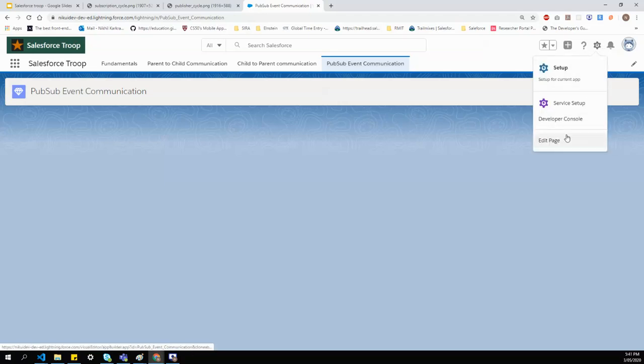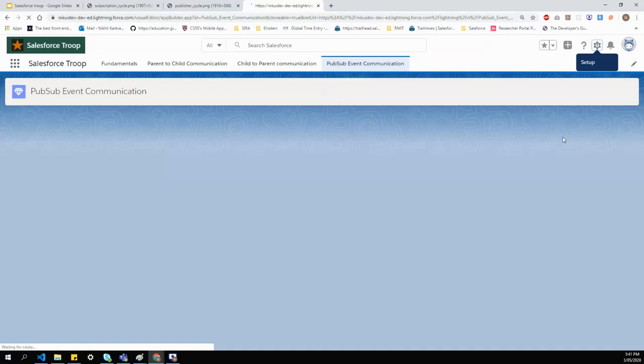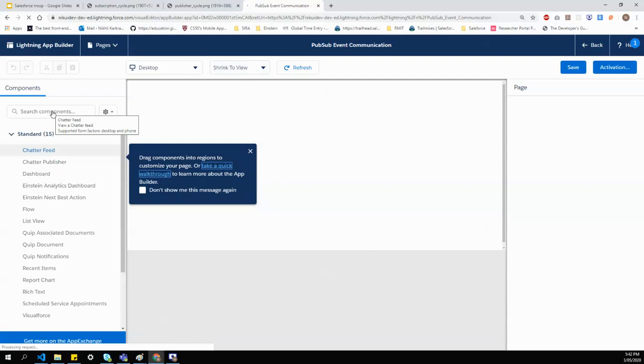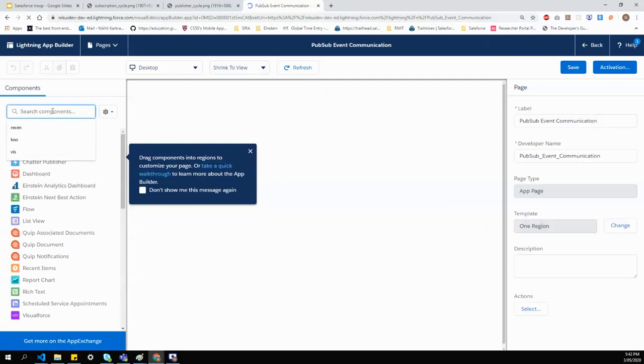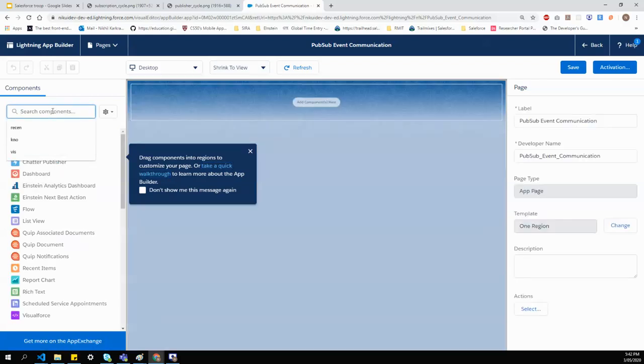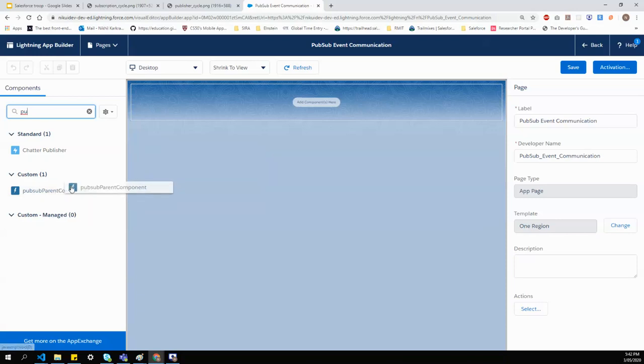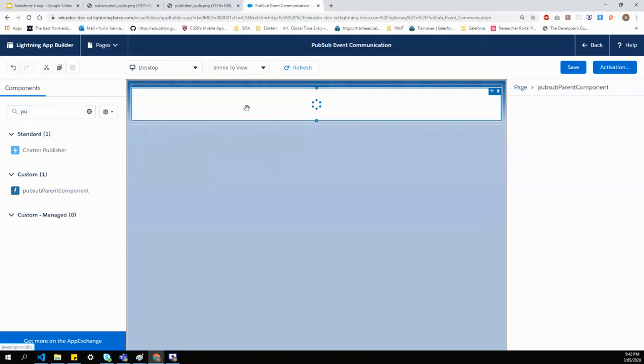I'll click on the gear icon, edit page. It will take us to the app builder, and we'll search for our component name, PubSub parent component, and drag it to the main area.